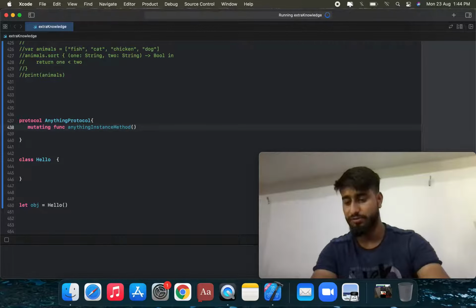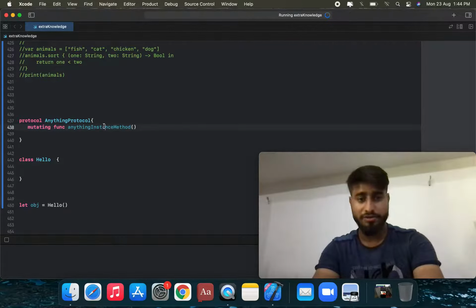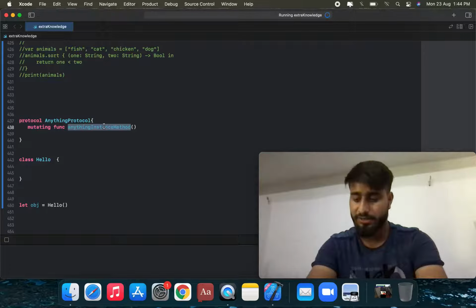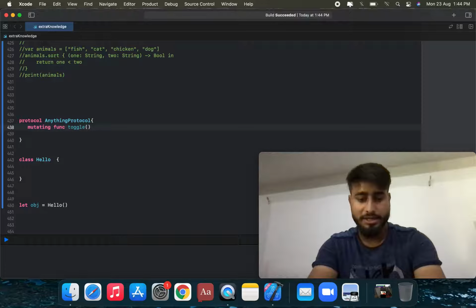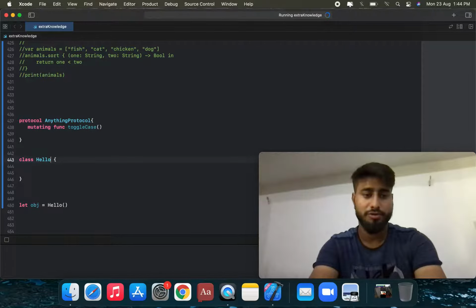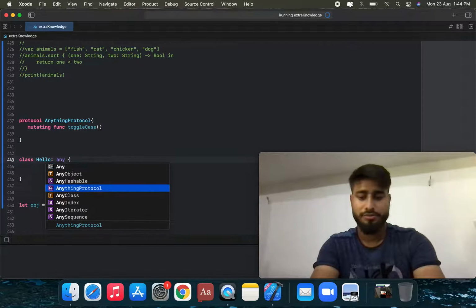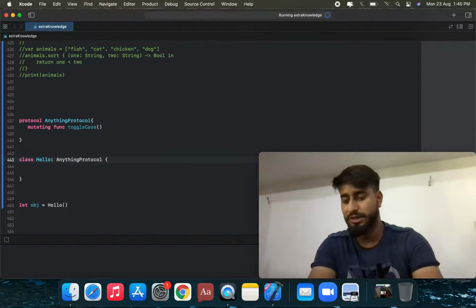Suppose we are going to use only mutating func, and we can use it in this function name, toggle. Okay, we're gonna conform to this protocol, and you can use any protocol. Okay, we're gonna add this method in this class.